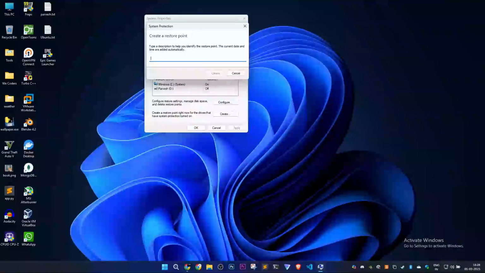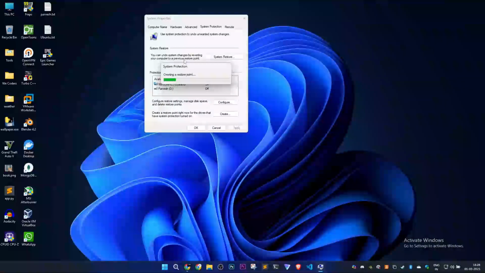We'll just click on create, and this is the point where everything is okay. So I'll just type everything is okay and create it. Now what it will do is create a restore point for my Windows C drive. So whenever something bad happens or whenever I want to undo any type of system changes, I can just restore